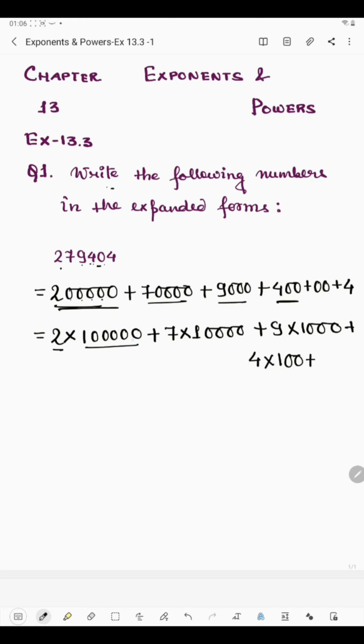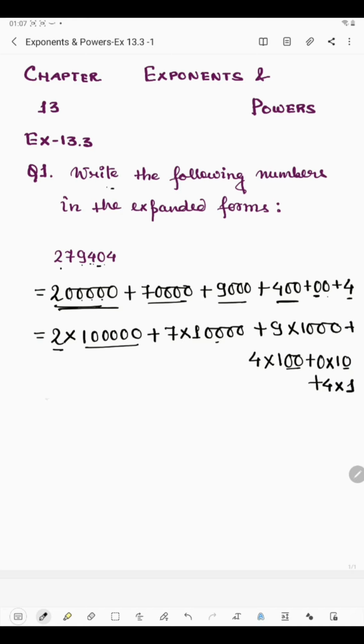Like here we have 5 zeros, then 4 zeros, then 3 zeros, then 2 zeros, then it will be 1 zero. So why? See here 0 we have and after 0 there is 1 place, right? So we will write 10 with 1. And finally here we have 4. So with 4 we have no zero, so we will write 1 because zeros are getting decreased, right? In the previous number, see zero is only 1, then here 2. So that means here it will be nothing because zeros are getting decreased.